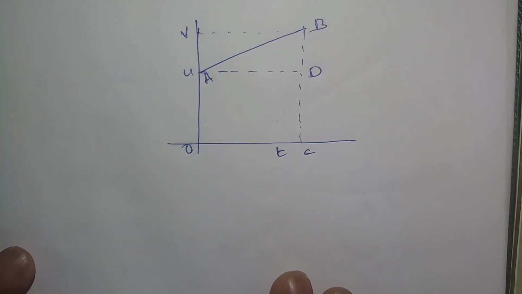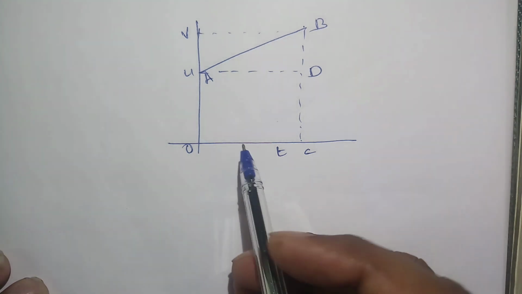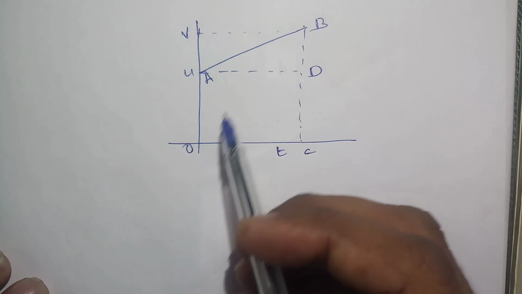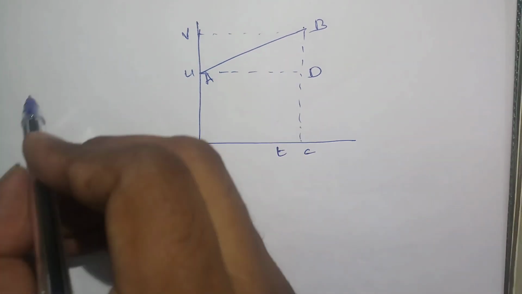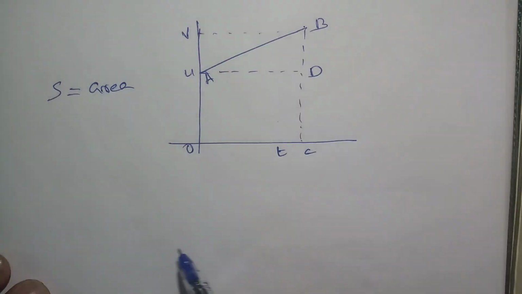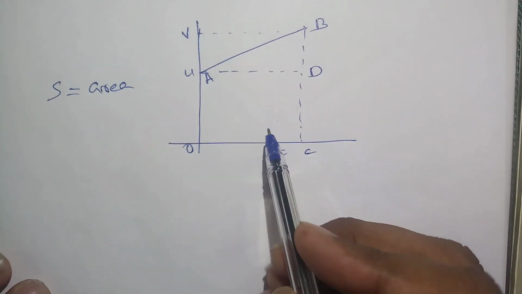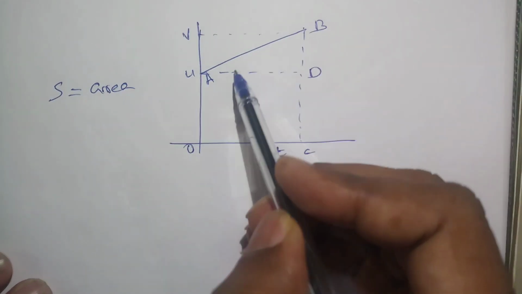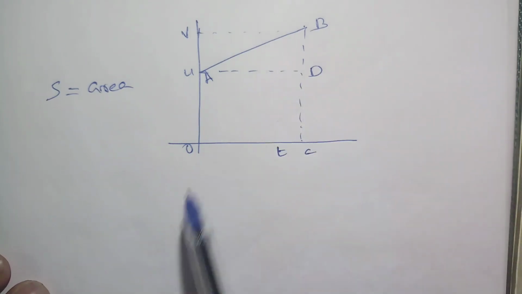Now we will move through the third equation, that is the equation for position velocity relation, 2as is equal to v square minus u square. For that equation also we have to take the same concept, that is we have the displacement which is equal to the area. So in the previous case what we did was we took the area of this as a triangle and rectangle separately.